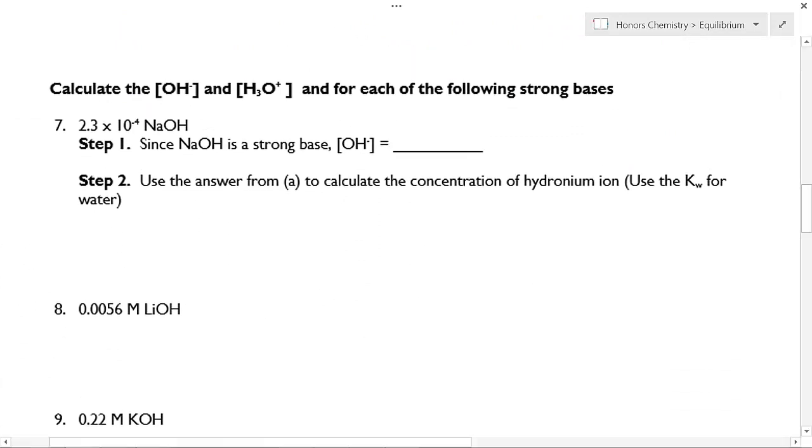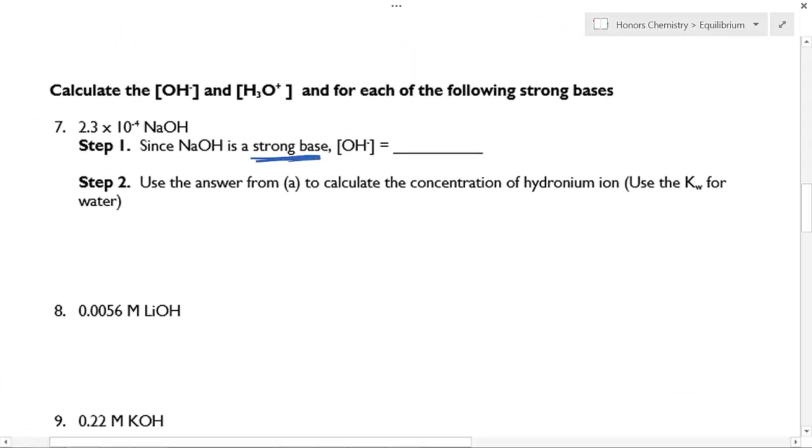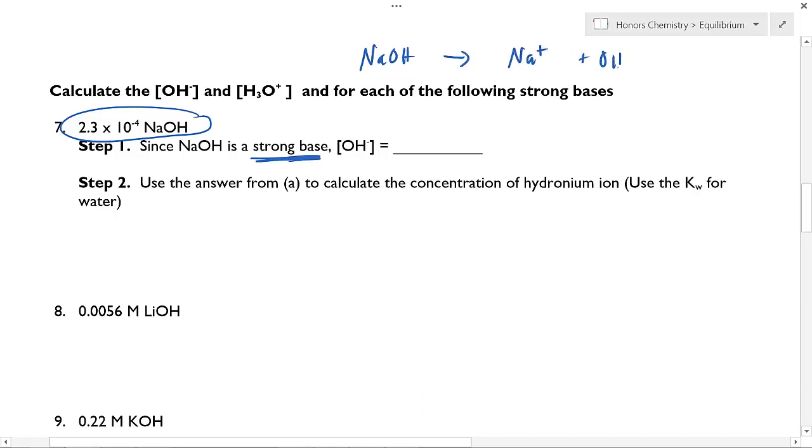Number 7 is very similar, except now we're talking about strong bases. And so in a strong base, all of this is going to break apart into ions. So if NaOH breaks apart in water, I'm going to have Na plus and OH minus. If it's a strong base, that means all of this is going to break apart into all Na and all OH minus, 100% will. And so that means if this was 10, this would be 10, this would be 10. But it's not 10. In this case, it's 2.3 times 10 to the negative 4th